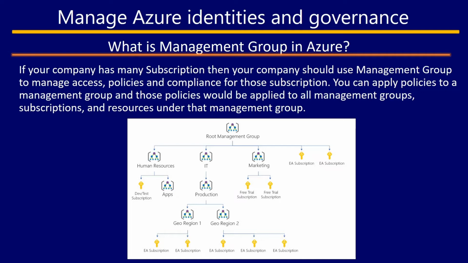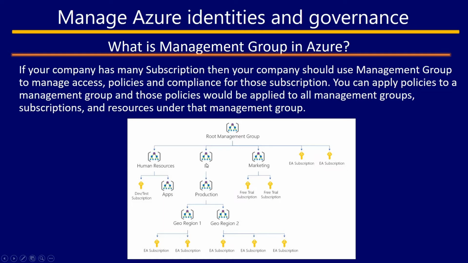So you can see in the diagram that this is the root management group. Under this root management group, we have other management groups. Those are human resources, IT, marketing, and there is a subscription that you can directly connect to the root management group. And we can see that under human resources, we can have further dev or test subscription and apps. Under apps is also